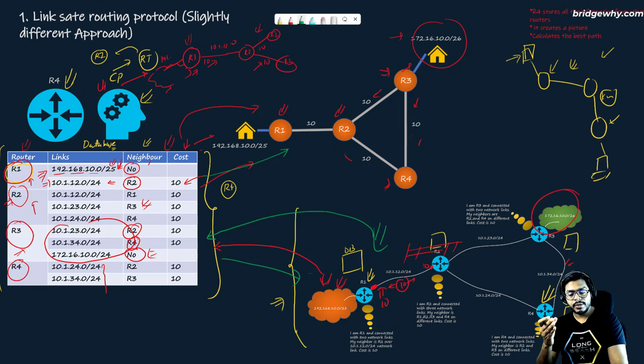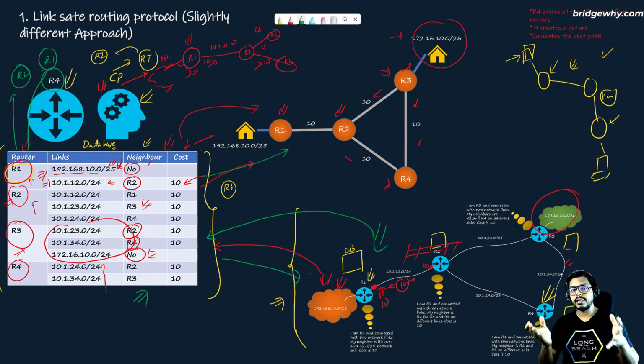And now, if we can draw it, and believe me, every router can do the same thing. Why? Because every router is going to have the same database. If we replace R4 with R1, R1 is going to have the same kind of picture. R2 is going to have the same kind of picture, because everywhere this is the database, right? As simple as that. And if that is the case, then every router can draw this picture into their memory,